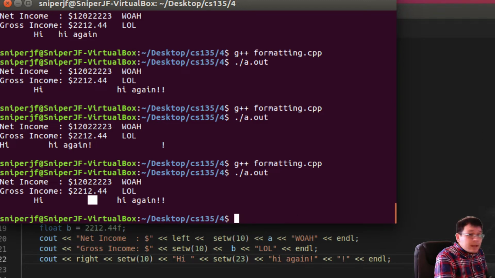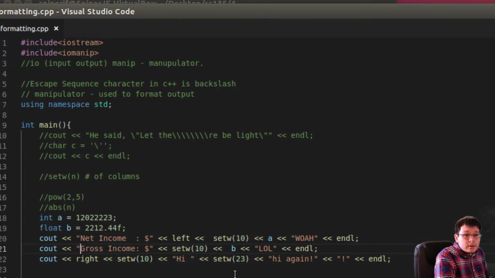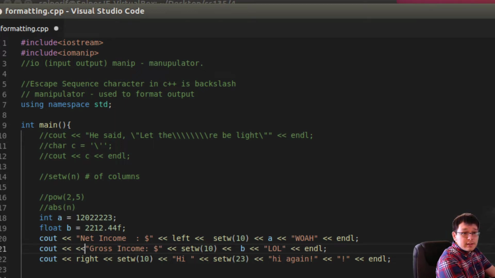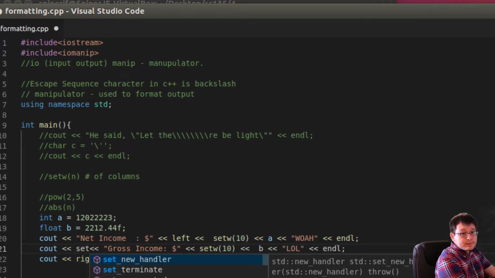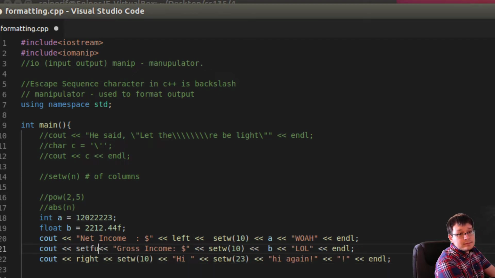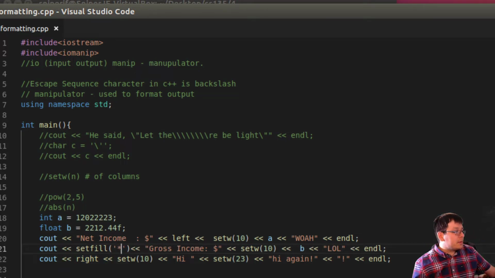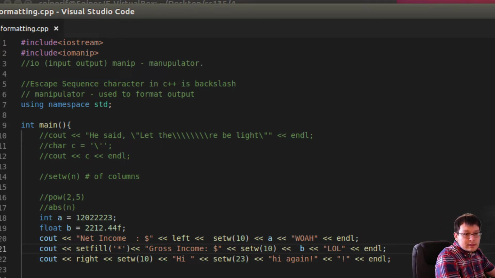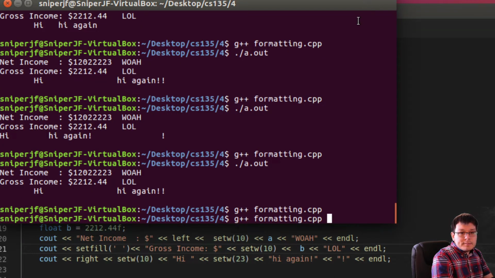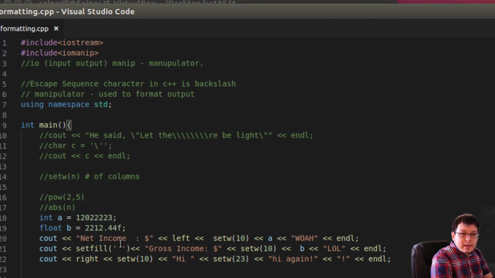So what you can do for that is you can call your function that is now going to be known as set fill, and it takes a parameter, and that parameter is going to be the character that you want to use instead of space. Okay, the default is of course a blank, which is just, I mean, if you did this, nothing would happen. This would literally do the same thing because it's just a default. In fact, why call the function in the first place, right? But if you put instead of this something else, because I don't know, you want it to look cool like that,